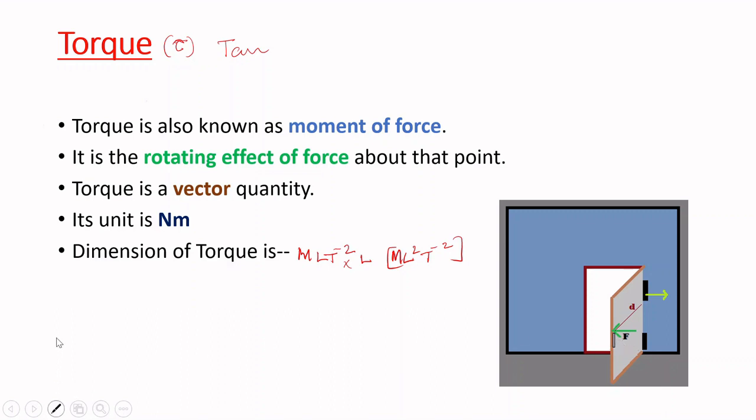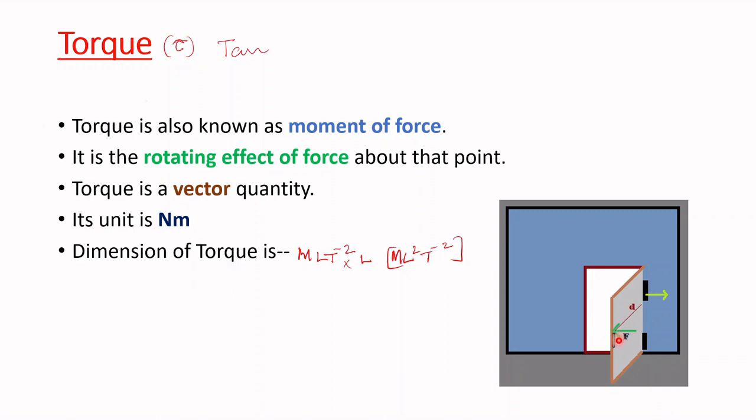So here what is deciding the rotational effect of this door is the force you apply on the handle of the door as well as how far the hinge is from the handle. If you apply your force on the hinges, that is the line where it is fixed, there won't be any rotation possible for the door. At the same time, if the handle is kept at the other edge of the door, we can see that the door can be easily rotated.